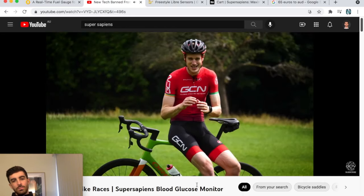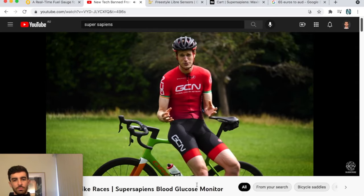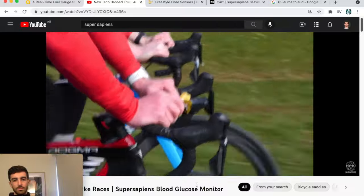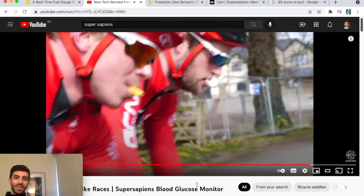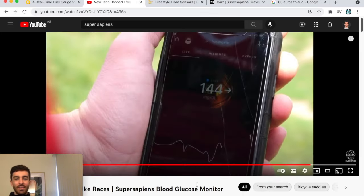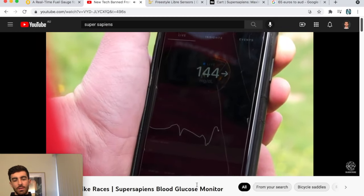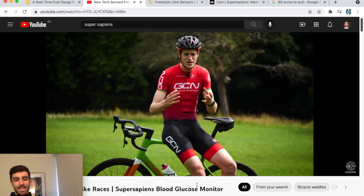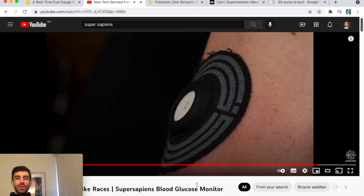The key point is that everybody's bodies are different when it comes to nutrition. Do you perform best when you consume 60, 90, 120, or even upwards of 140 grams of carbohydrates per hour? Whew, 140 grams, I don't think I've ever done that. That's right up there. Can you maximise your performance if you manage to bump up your blood glucose levels from 120 to 140 milligrams per deciliter? These are the sort of questions that the